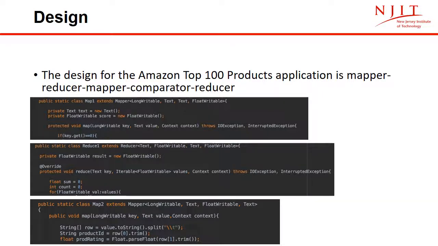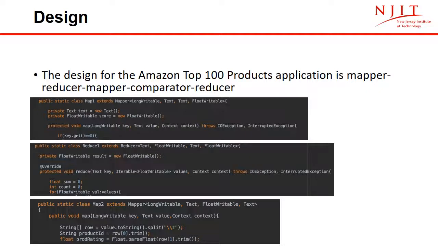Now, to find those top 100 products, we use two mappers and two reducers, and what we did is we used chaining for this. So basically the output of the first map reduce becomes the input of the second one. Now, like I mentioned, we have two map reduces. So the first map reduce finds the averages of the score for each product. So basically, there will be a lot of scores for one product, and the first map reduce calculates the average of that score for each and every product, and it sorts it.